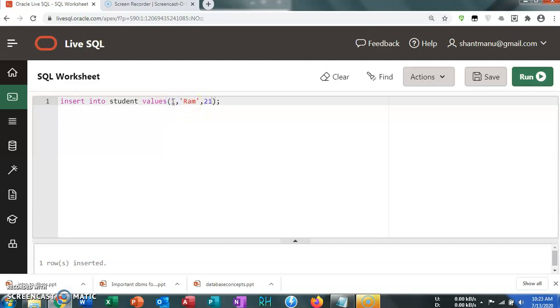Now just insert some more. So let's start with Ram, then Sita, age is 20, copy that command.